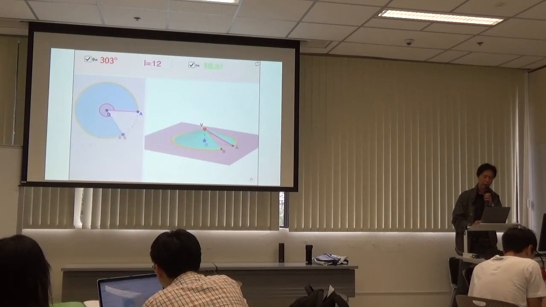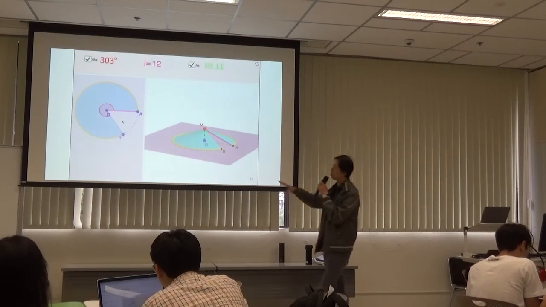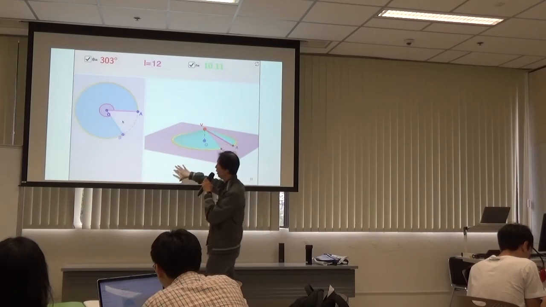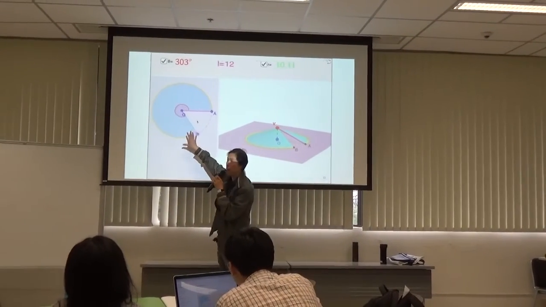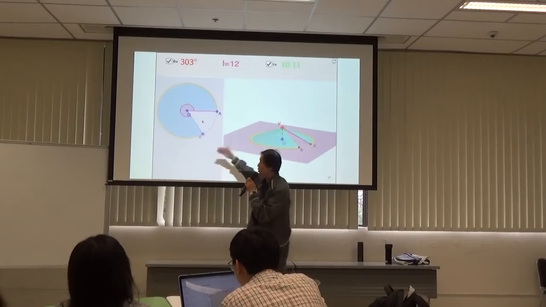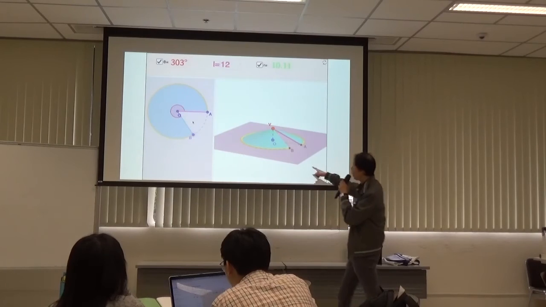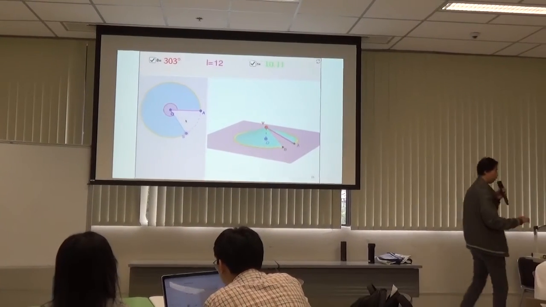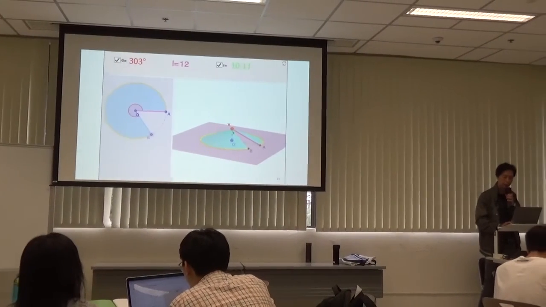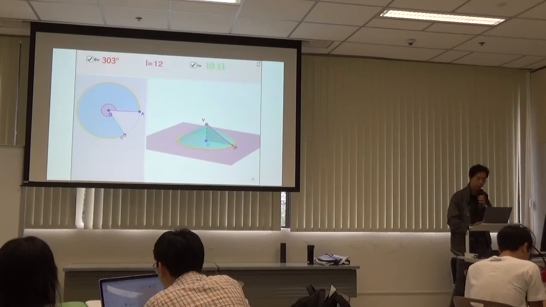And you can decide how big a sector you make. In the past, when we did not have the demonstration here, we simply used a paper cone, the circular paper, and asked the student to guess what angle they can decide to make a cone which will give the largest volume. And on the right, you can see the 3D model. I showed you beforehand